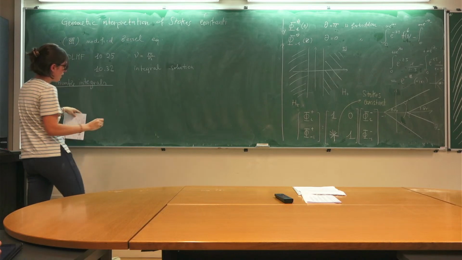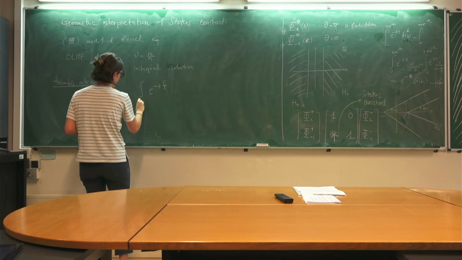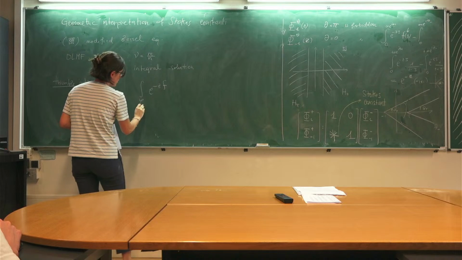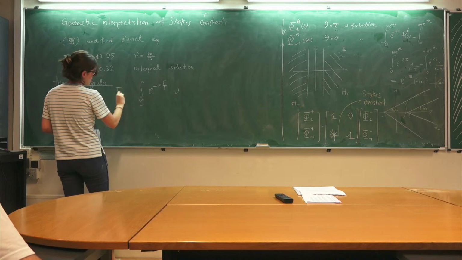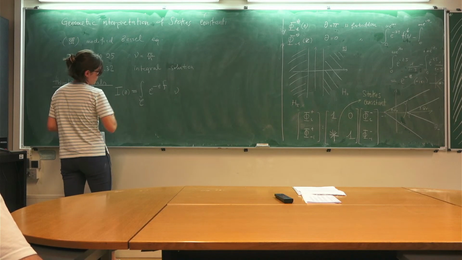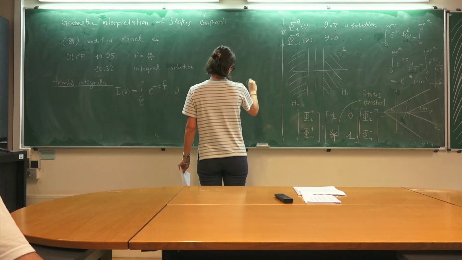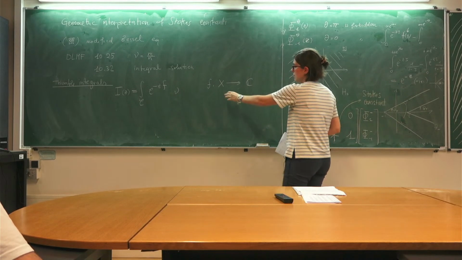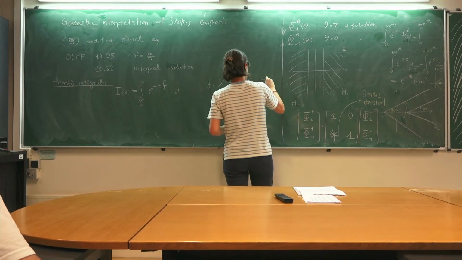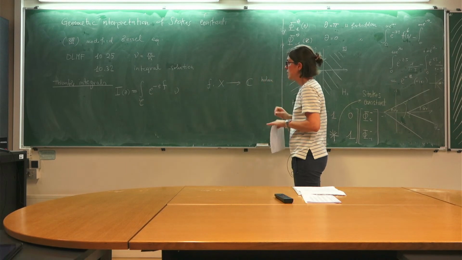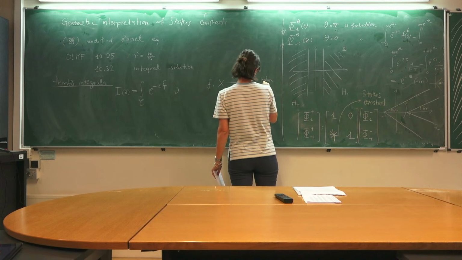So how do these things look like? They are integrals on a certain contour. So this is I of z, where f is a holomorphic map from X to C. Typically, I would say Morse, but let me just say it explicitly. So with non-degenerate